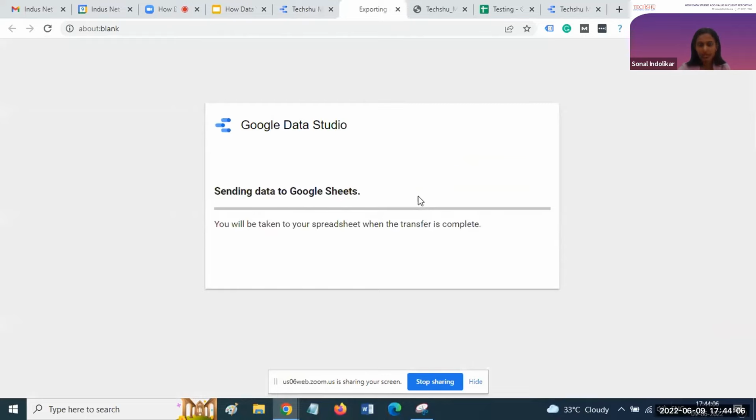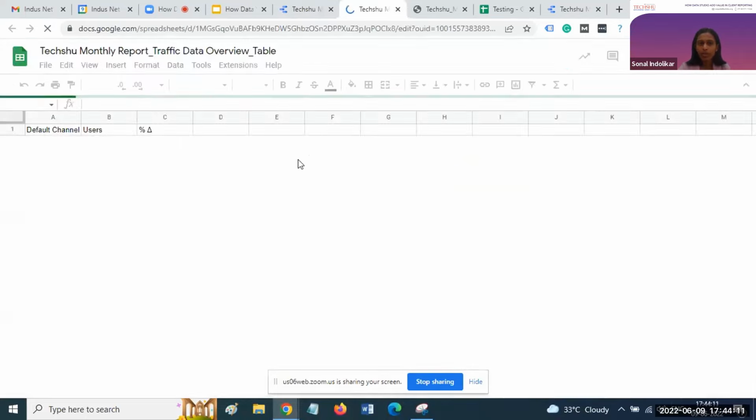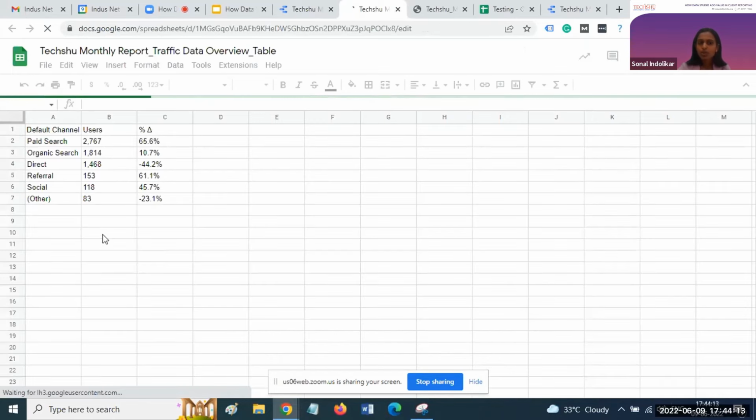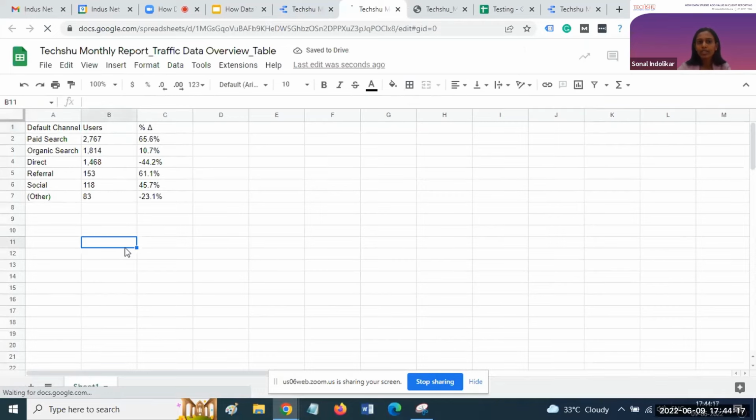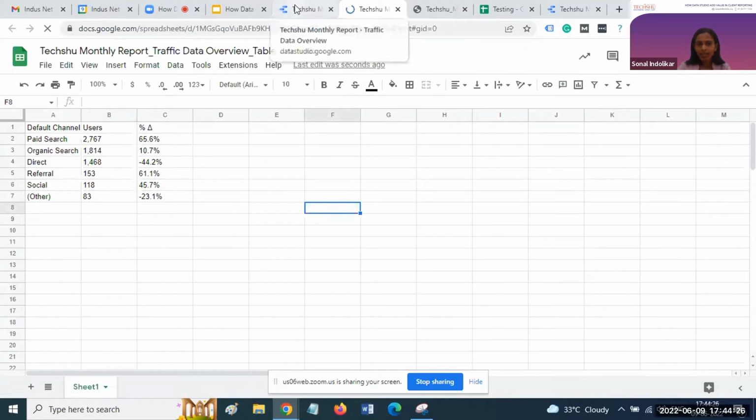When I click on the Google Sheet format, it will automatically create the Google Sheet for me. So you can easily export any data from Google Data Studio to different Excel sheets or in PDF format. So likewise, you can export the data.